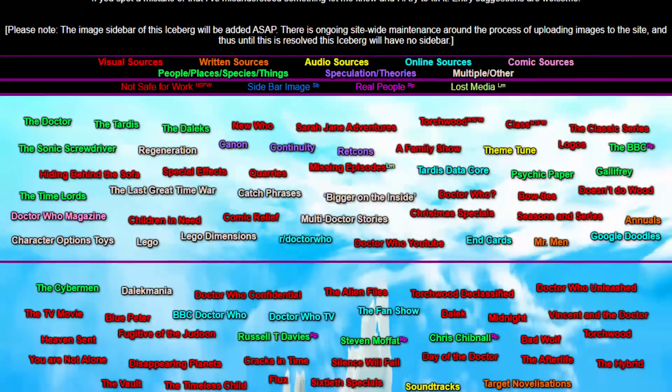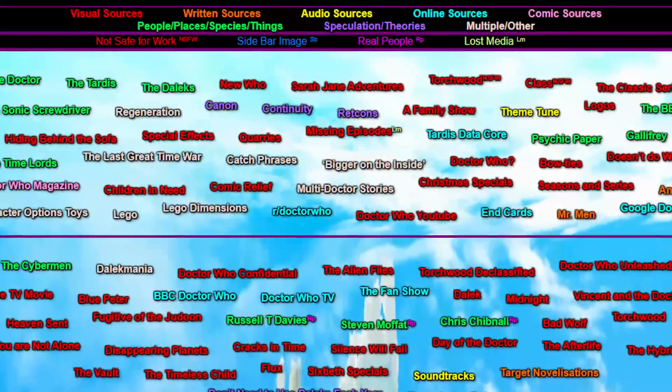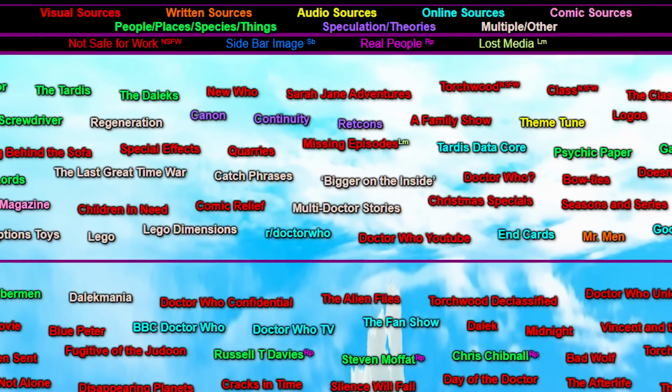So, that's it for the first tier of the Doctor Who iceberg. As you can see, we're still in the sky. We haven't even caught a glimpse of the actual iceberg itself yet. I'm incredibly excited to continue this series, and I hope that this introduction to the iceberg was interesting or informative, whether you're a long-term Doctor Who fan who knows everything, or a fresh face eager to learn. Most of what I've covered today is common knowledge, considering it's the very first tier, but things will start to get more complex and obscure as we go on, so again, please give this video a like if you want to see the deeper layers.